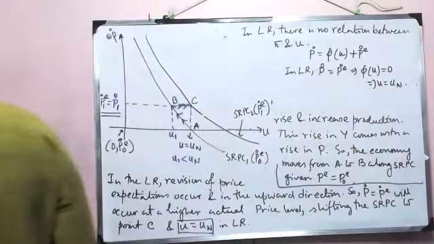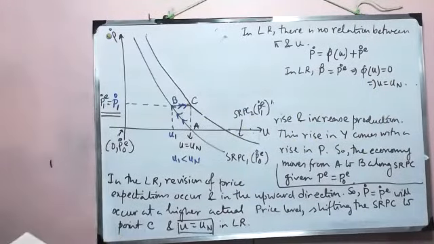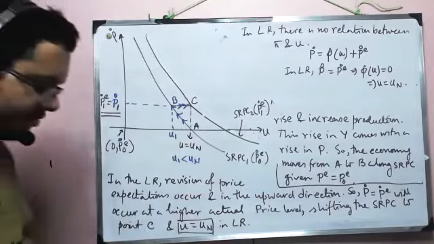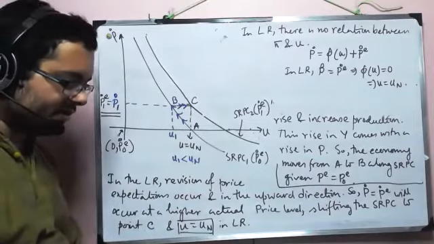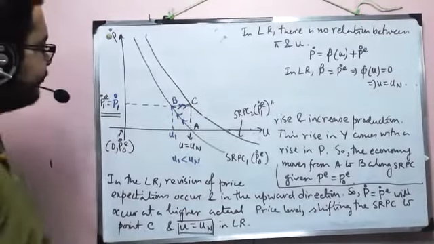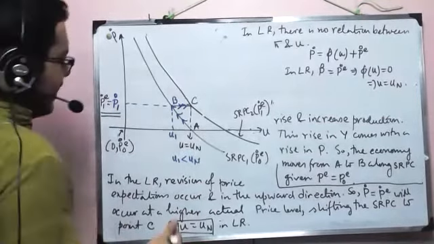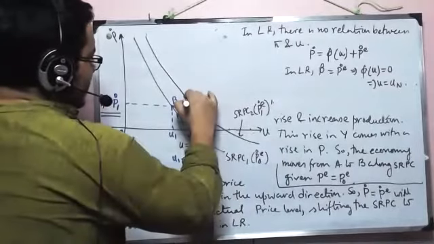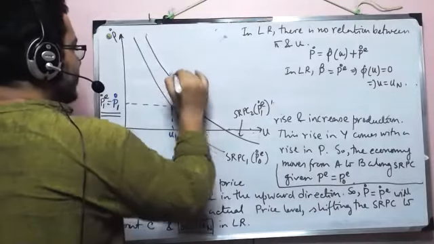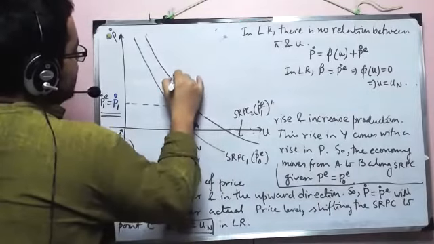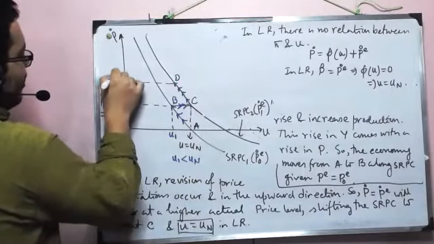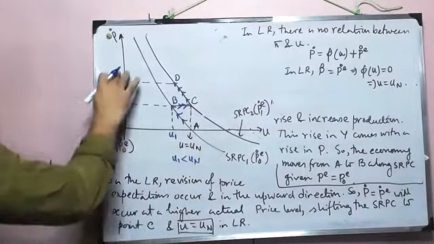Okay. Now let us extend this diagram following the same method that we have been doing and get the long run Phillips curve. So what is the long run Phillips curve? How to get that? Now again, if I assume some expansionary monetary policy, then let's say it will move in this direction, and let's say it reached some D here. So there will be a corresponding P2 naught, right? Okay, let me write it.